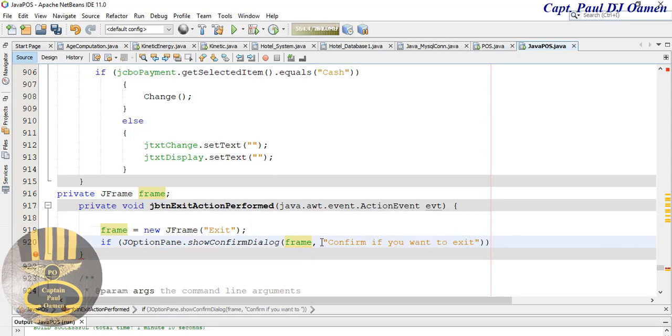Yeah, that's good. So come out of here, comma,